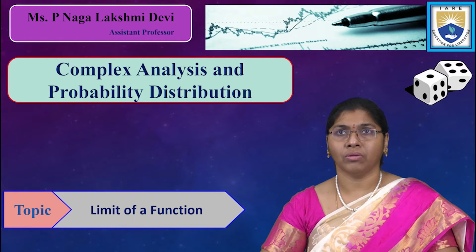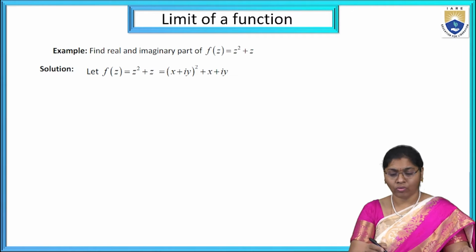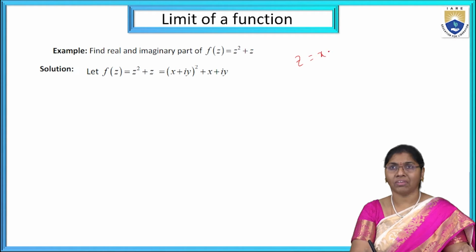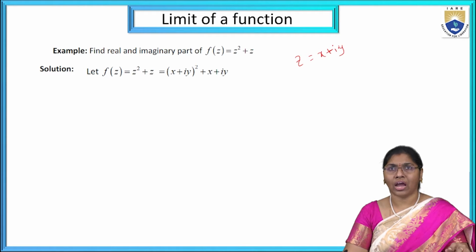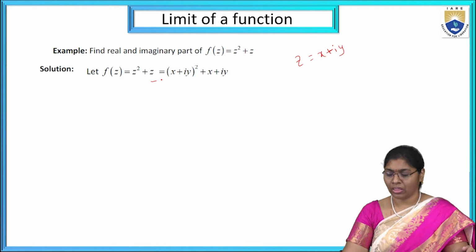Now the topic is limit of a function. Examples. The example is: find the real and imaginary part of f of z equal to z square plus z. Let f of z equal to z square plus z be the first function. Here always z equal to x plus iy. So f of z is (x plus iy) whole square plus another z, where z equal to x plus iy. Then we get,